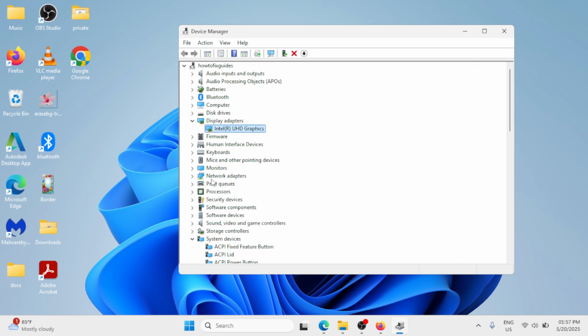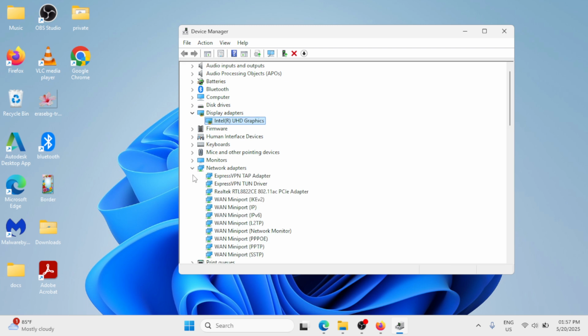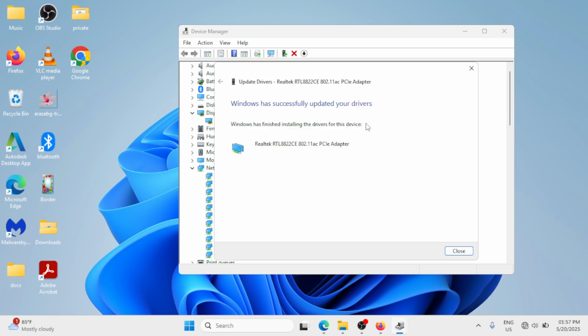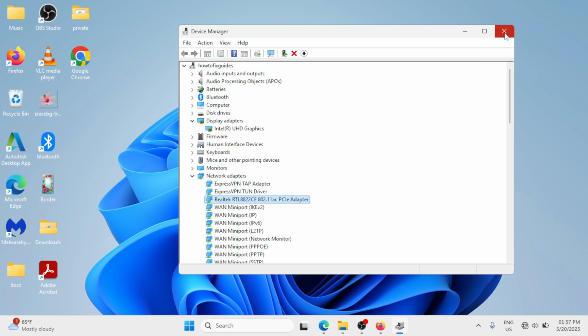Close this. And also locate your network adapters. And here you have to look for your network adapter and then make a right click, select Update driver. Search automatically for drivers. Now, Windows has successfully updated your drivers, then we have to close everything from here, close all the remaining windows,